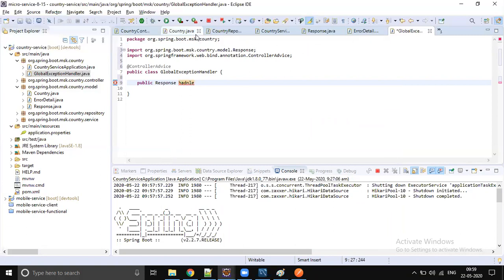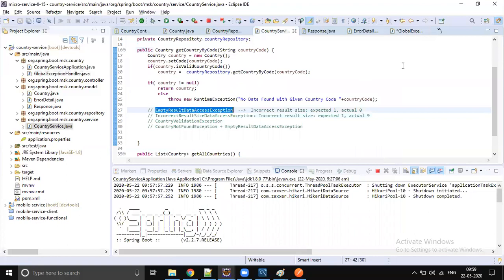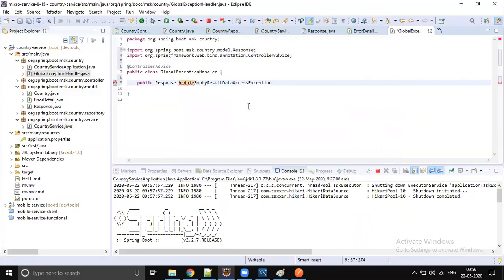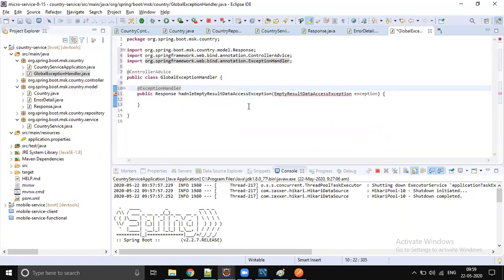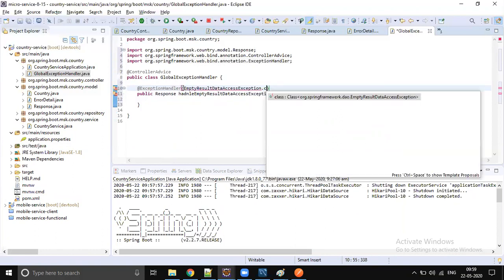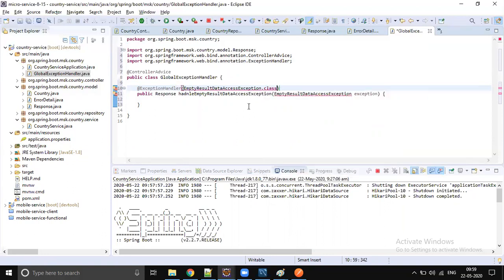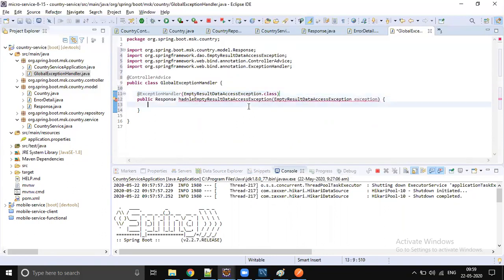We will handle the empty result data access exception. You just annotate this method with @ExceptionHandler and the type of exception you're going to handle, EmptyResultDataAccessException. Just import it. Now you just return the response object.